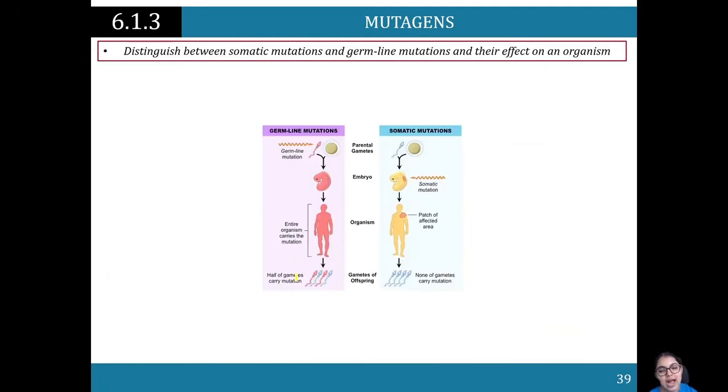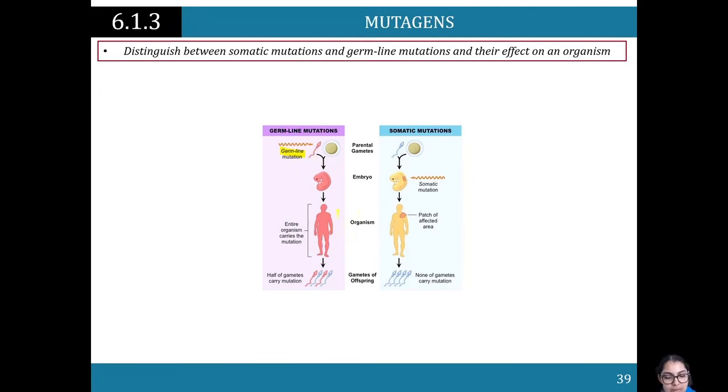Okay, awesome. And now let us talk about somatic versus germline mutations. You would already be familiar with this specific concept from module 5. So germline mutations are going to affect the germ cells, the gametes, right? For example, these are the parental gametes. They're going to fertilize. There's a condition, let's say here, that there's a trait specifically that's carried in the mother's chromosomes here, in the egg, and so when